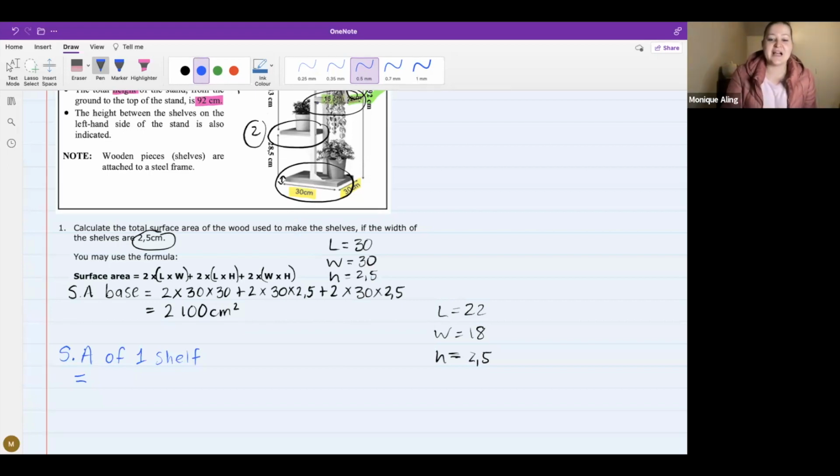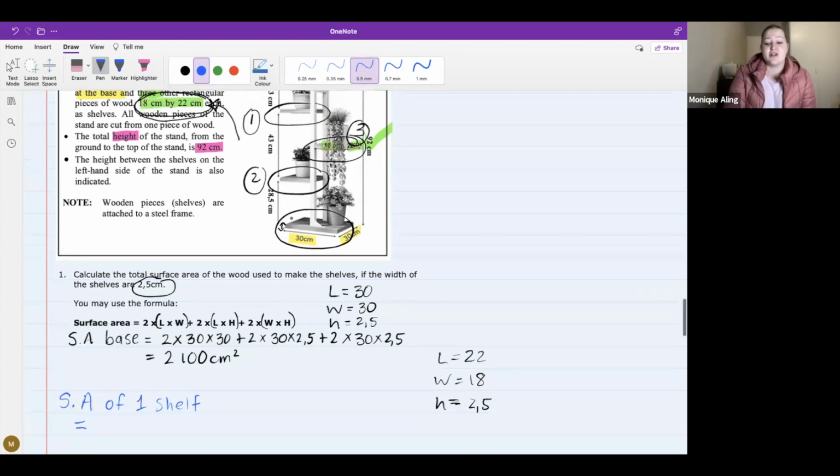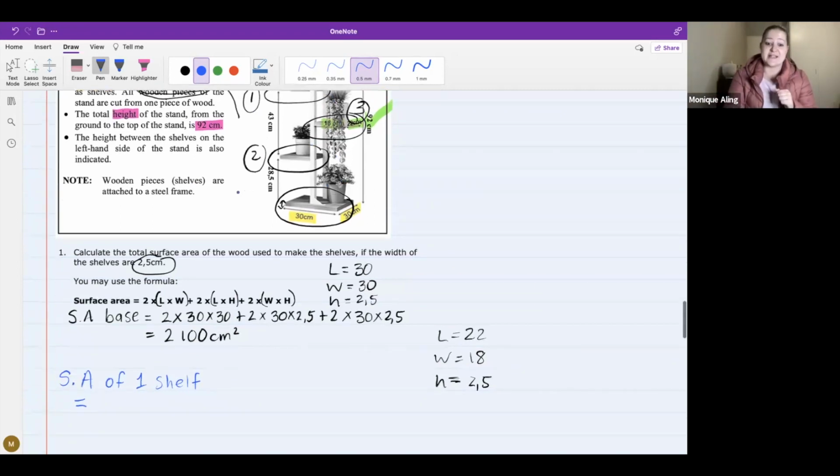All right, so guys, let's just quickly go through this. Remember, surface area is working out the area of every single side of the shape. So this formula that's been given to us ensures that we are working out the area of every single side of these planks, the top, bottom, side, front, and back. We're working out the area of all the faces. Okay, so I'm going to work out the area of just the one shelf, and then I'm going to take my answer times by 3 because they're all the same dimension. Instead of doing this formula 3 times, we can just do it once, and then we times by 3 because